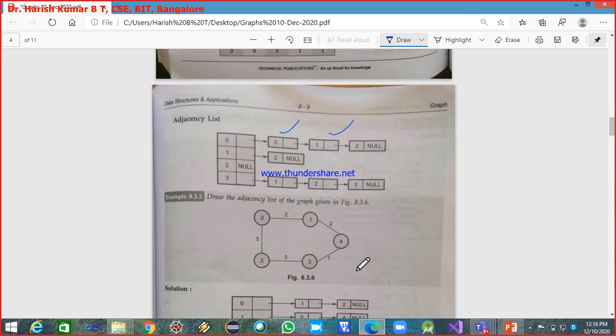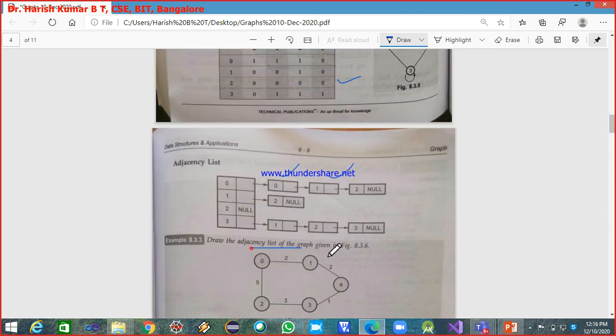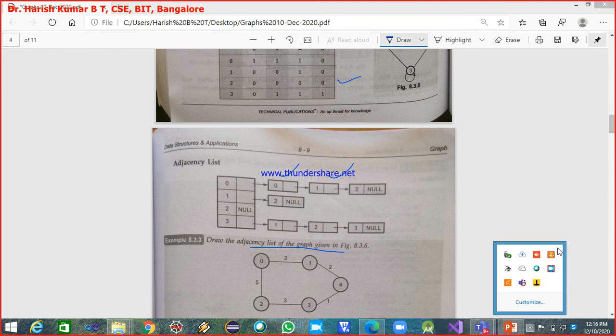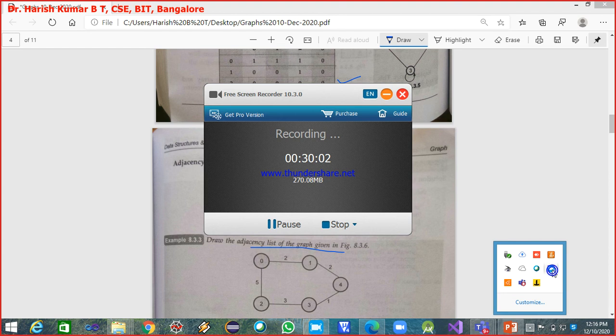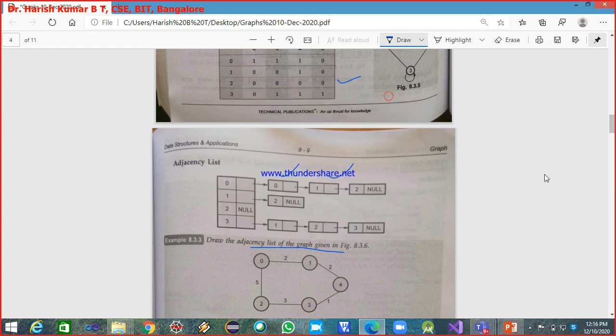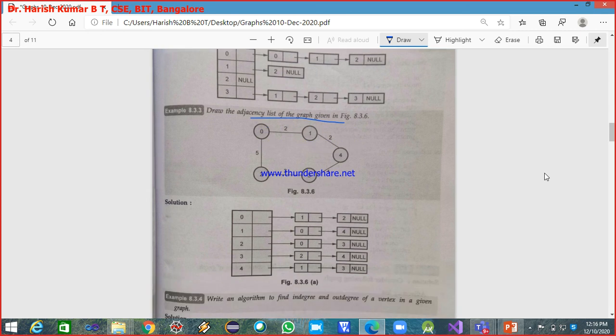Now, draw the adjacency list for the graph B1 below, which is an undirected graph. Draw the adjacency list for this. So here is the adjacency list.